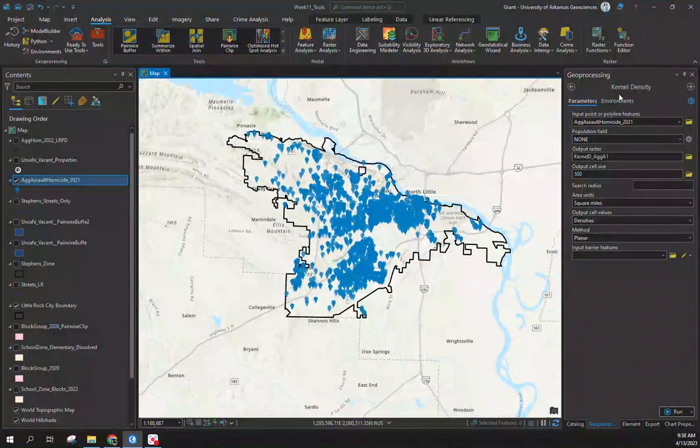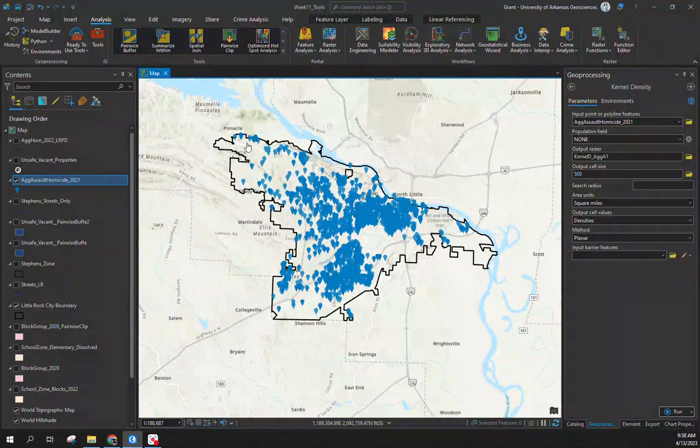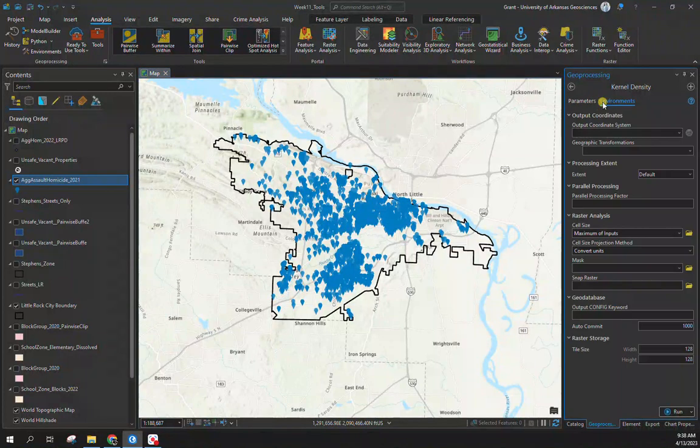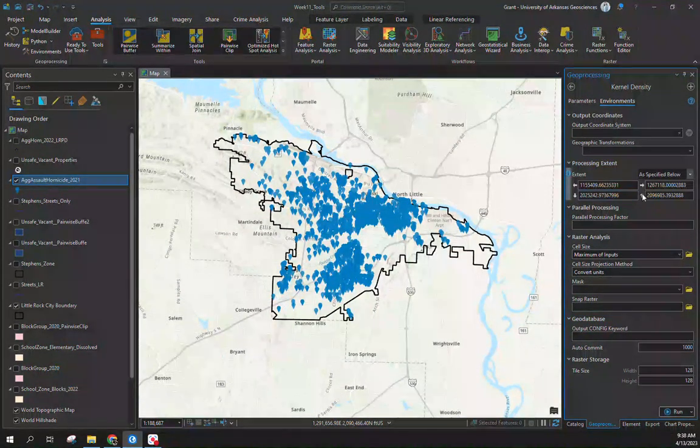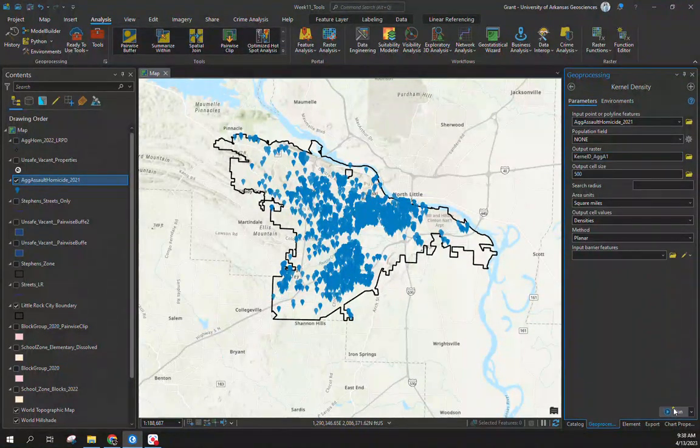At this point in the semester, we haven't used this one at all. If you look at our crime points within Little Rock, if we look at north, south, east, west, it doesn't capture the most northern point or southern or eastern and western. So that can create an issue. If we were to run it now, it's only going to base our study area on the points themselves versus the Little Rock city boundary. So to change that, I'm going to hop over to our environments tab. Our processing extent is no longer going to be default. We're going to set it to our Little Rock boundary, which now gives us those north, south, east, west points for us. Hop back. I can click run here, and it's going to generate a hotspot map for us,